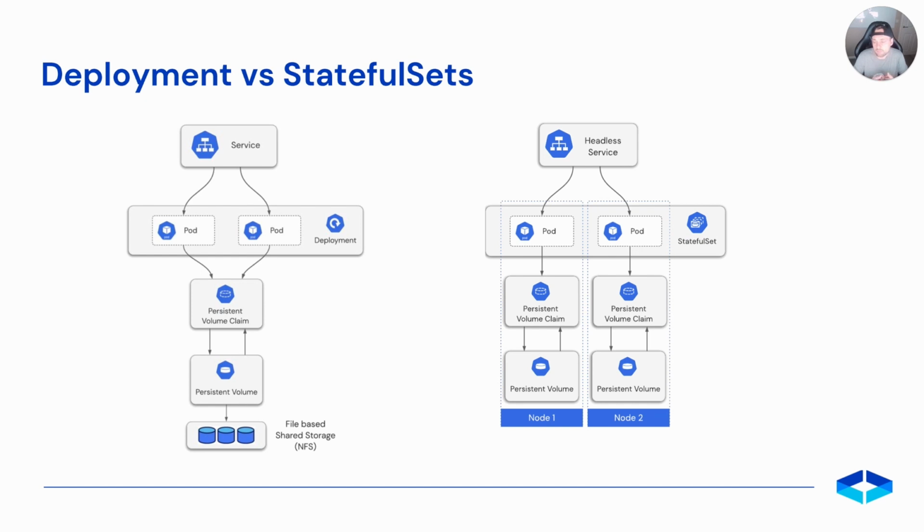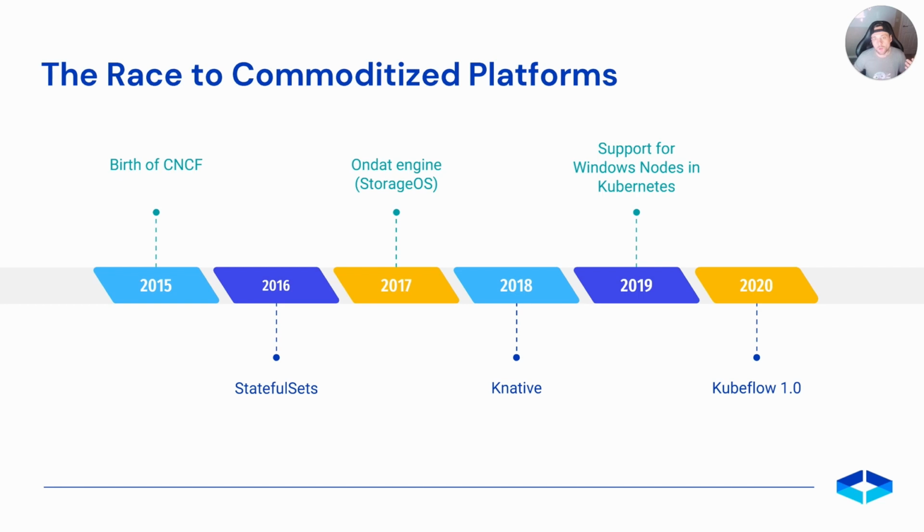And finally, the stateful set manifest makes use of volume claim template, which enables the dynamic creation of individual persistent volumes, one per pod. This makes sure that every pod can write in its own space and that a deleted pod will be recreated with the same volume attached. However, there are still challenges to be solved in that space, but more on that a bit later when we'll be talking about Ondat. So let's go back to our timeline to see how Kubernetes is evolving in the IT